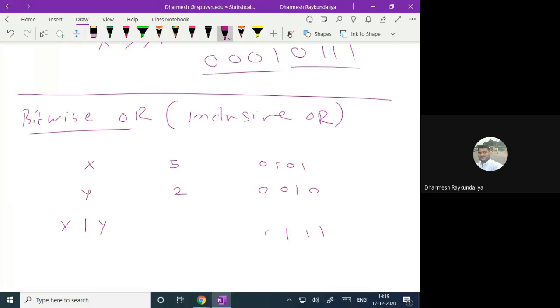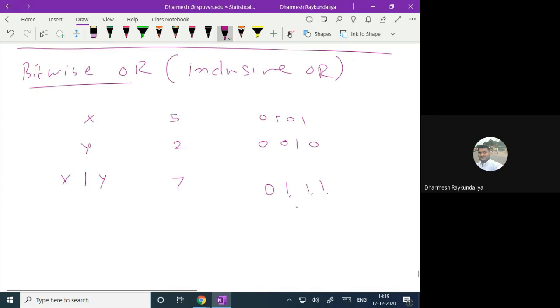ये भी 1 और ये भी 1 और ये आएगा 0। तो 1 into 2 raised to 0, that is 1, 1 into 2 raised to 1, that is 2, so 1 plus 2 is 3, and 1 into 2 raised to 2 is 4, so 1 plus 2 plus 4 is 7, so result is 7। ठीक है, तो that is called bitwise exclusive or। लेकिन जब मैं बिटवाइज एक्सक्लूसिव और कहता हूं,